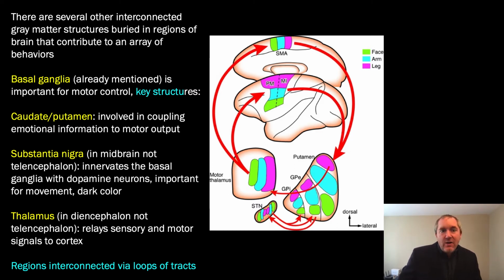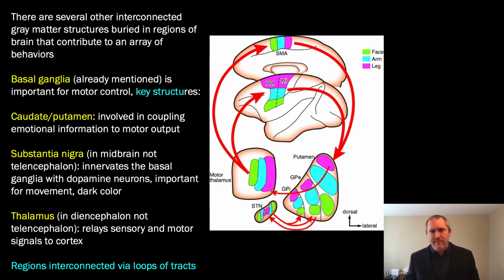The substantia nigra contains dopamine neurons that innervate the caudate and putamen and send the dopamine signals to this region. This would be very important for movement. Interestingly, these neurons have a myelin-based black pigment, which is why they're named the substantia nigra. And that would be the compacta, not the reticulata, technically a distinct brain region that is also a part of the basal ganglia.